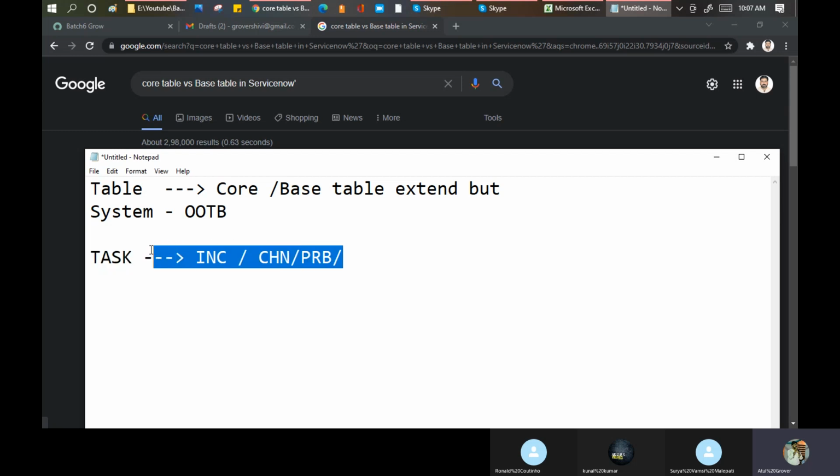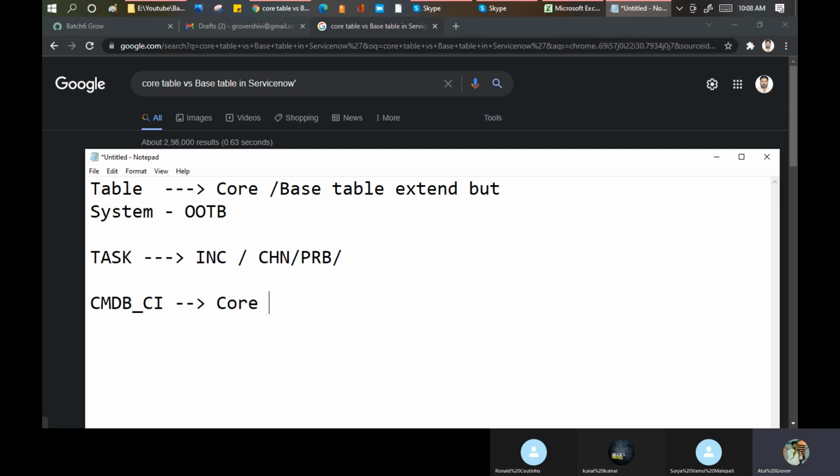So this is the concept of the base table or the core table. This is the table which we use approximately for our ITSM work. There's one more table called cmdb_ci. This is also a core table, or I can say a base table, which is for CI data. So these two tables are important for you in ServiceNow when you buy ITSM. From the interview perspective, the certificate perspective, the learning perspective, you should know that these are the core tables which we use to create new tables as well.